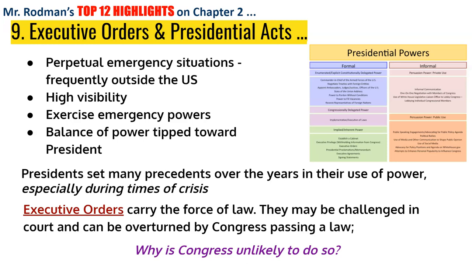Now, executive orders and presidential acts, this is the idea that, again, the president can issue acts and orders with the full force of law. They don't need an act of Congress or a bill from Congress in order to make this happen, but these can be determined to be unconstitutional. We saw the Muslim ban with President Trump that I mentioned in the overview video that is just like this. The issue of it being unconstitutional, it was an executive order that was issued by President Trump and carried out by the executive branch, deemed to be unconstitutional because of the way that it was written.